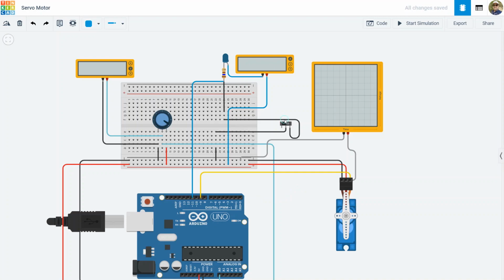The fun part is that if we flip the switch, then in one mode it will rotate to an angle which will be determined by the rotation angle of this potentiometer, and in the other part it will rotate on its own in a kind of oscillatory manner. This LED is there as an indicator of which mode we are in. There are voltmeters, ammeters and oscilloscopes connected to this circuit to help us visualize the signals, the currents, voltages, etc. So now let us look into the code.